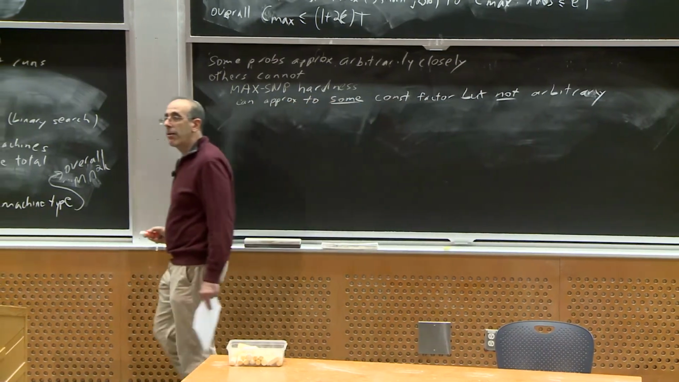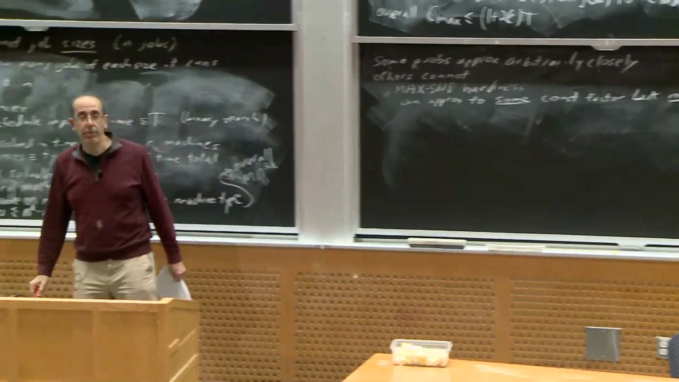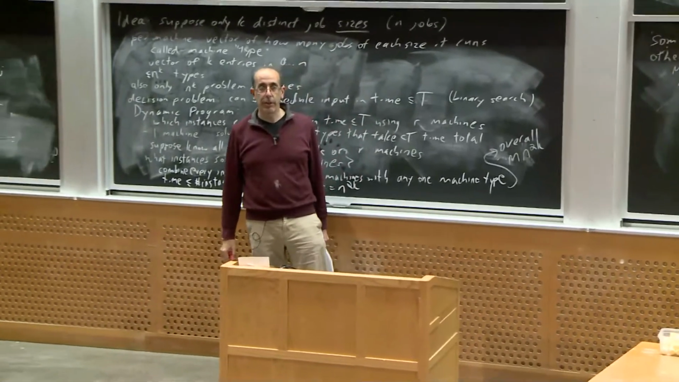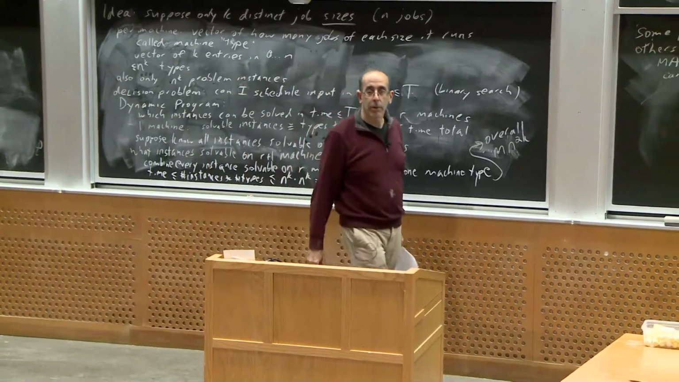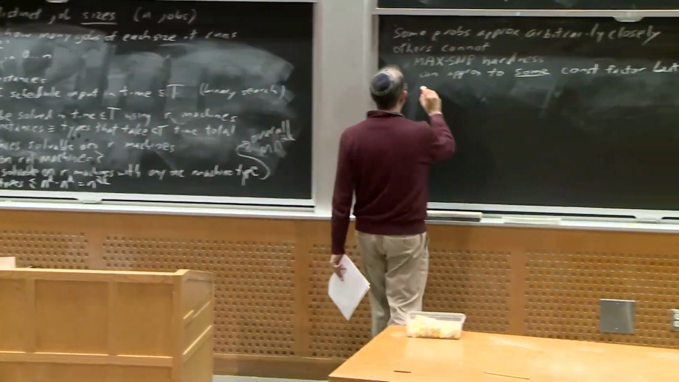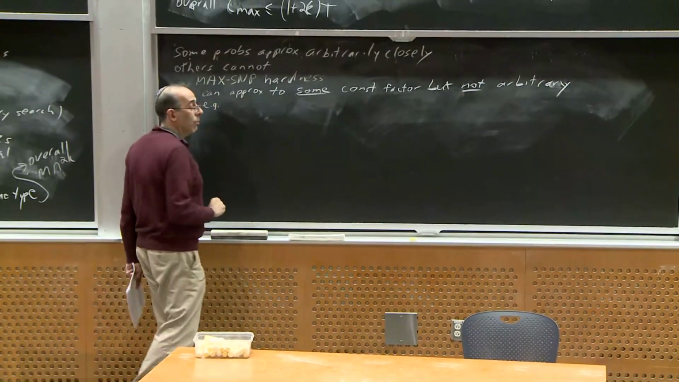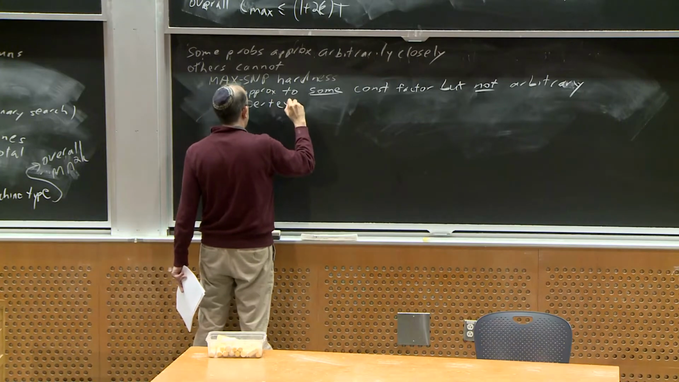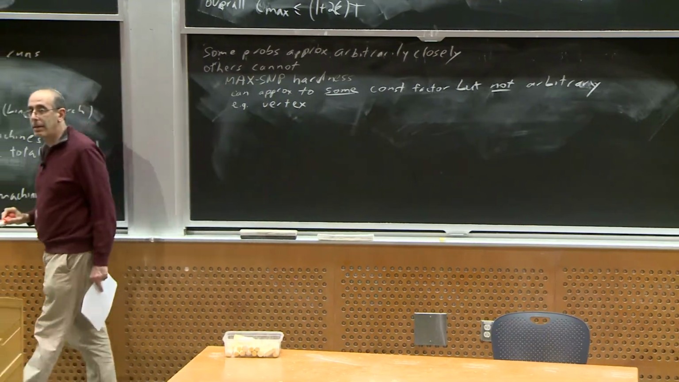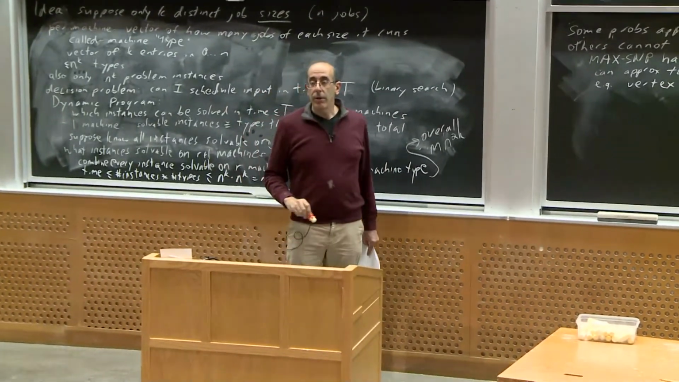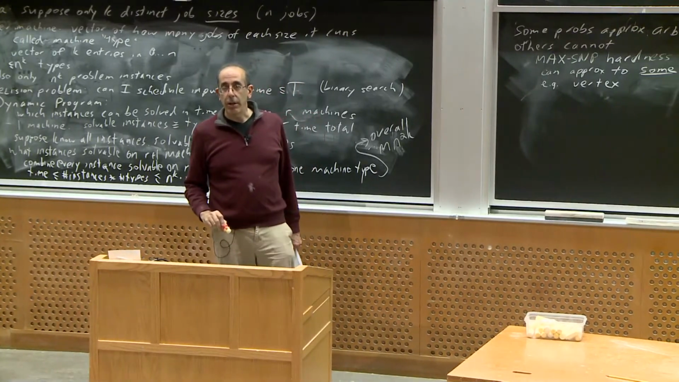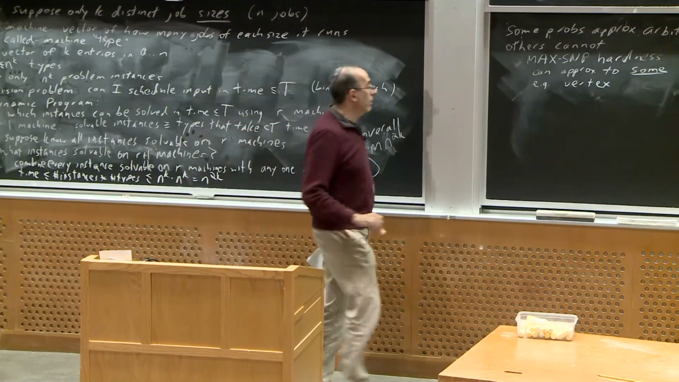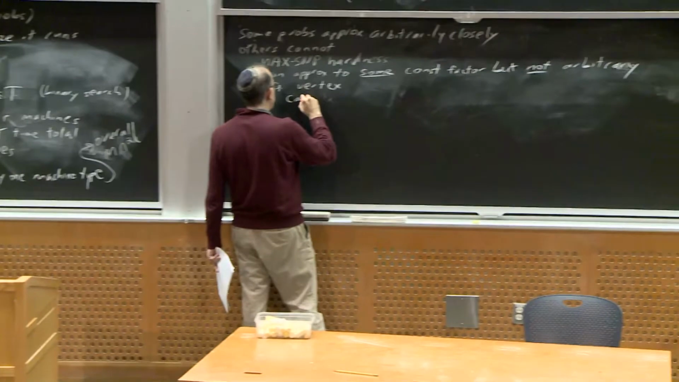So they do not have polynomial approximation schemes, and certainly not fully polynomial approximation schemes. So for example, one of the problems that we looked at earlier was vertex cover, and that problem is max SNP hard. There is no approximation scheme for it. Okay? In fact, they've shown that you cannot beat